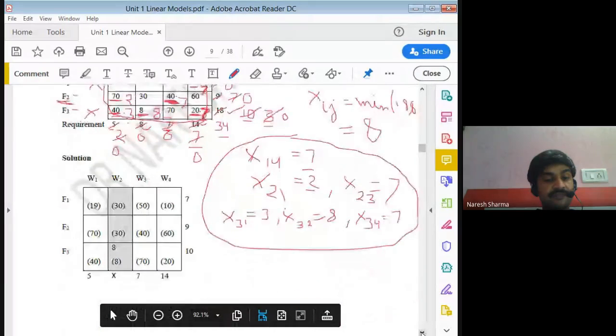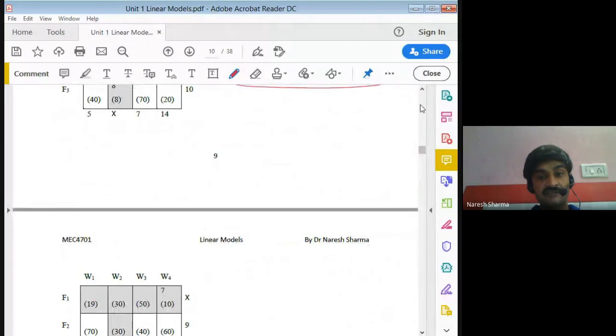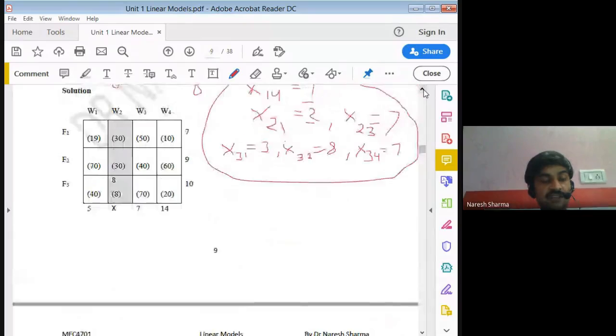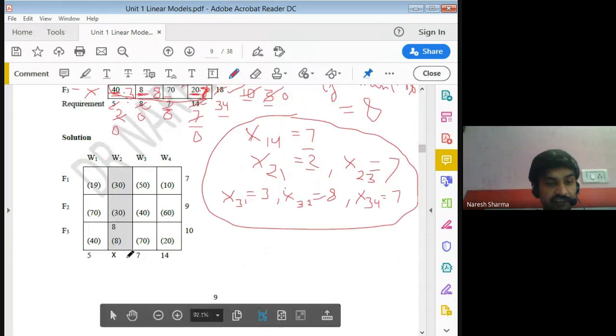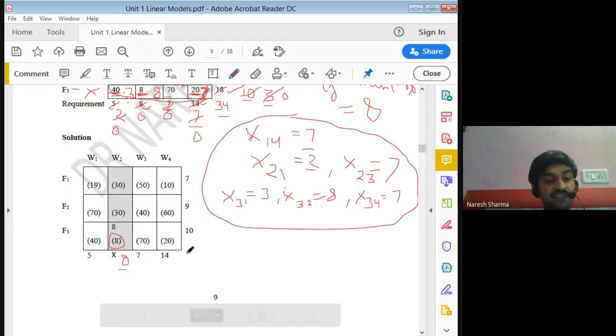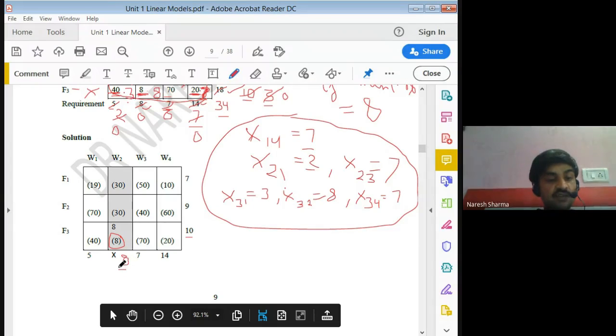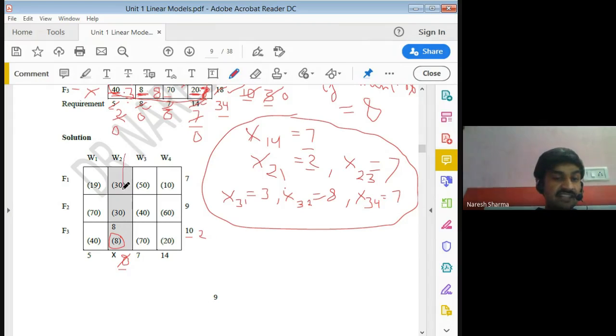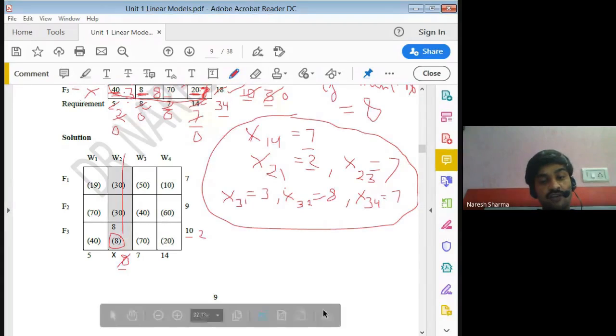So we may just go through this example again. First of all, you can check here, we have 8 units here, 8 units here. So we choose the minimum value, which is 8 here. So we allocate the minimum out of 8 and 10. So we cross this, we allocate here 8, and this is left with 2 for the next table, and we delete this column or cross this column. We are left with this.